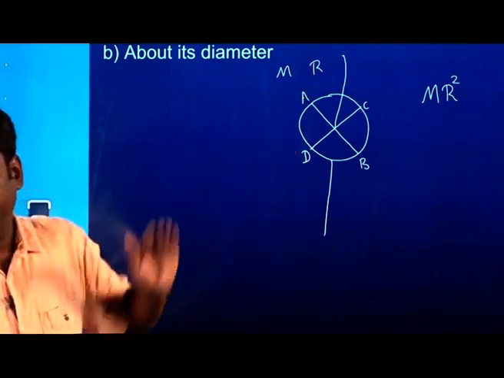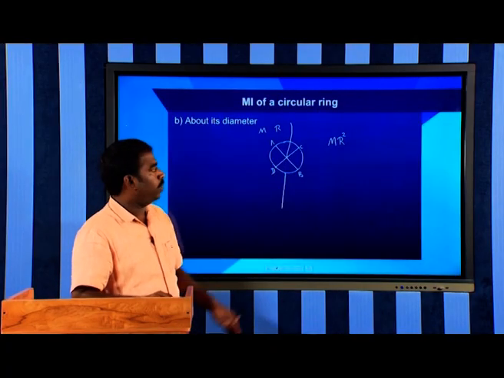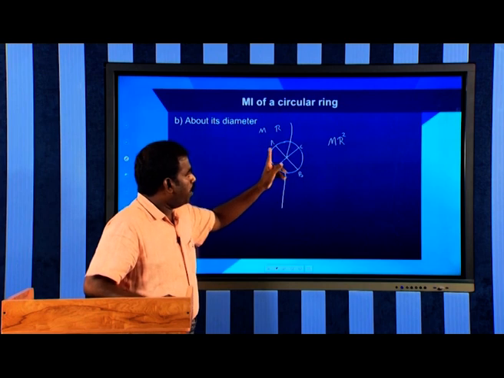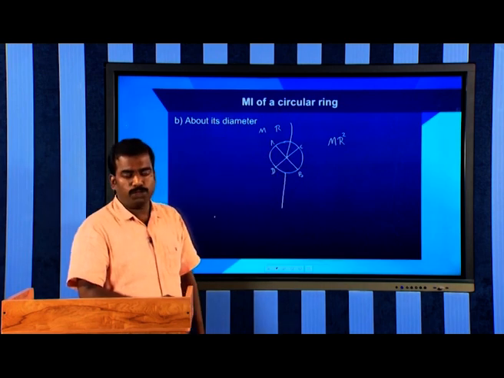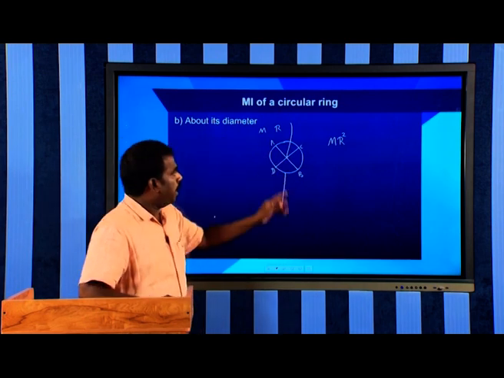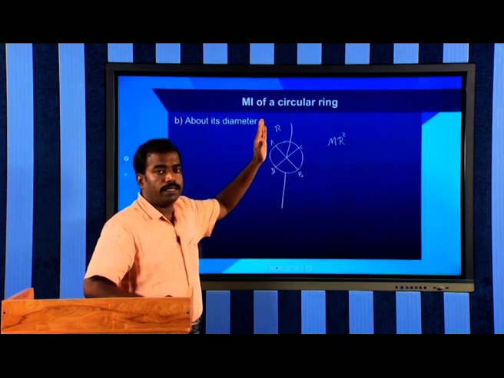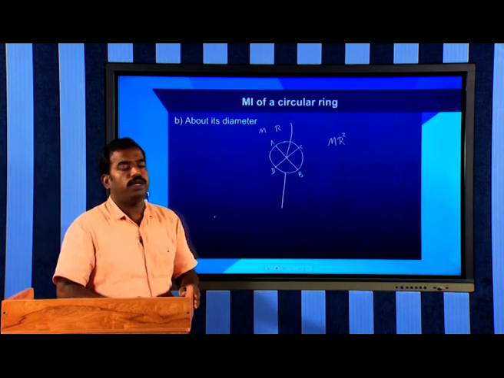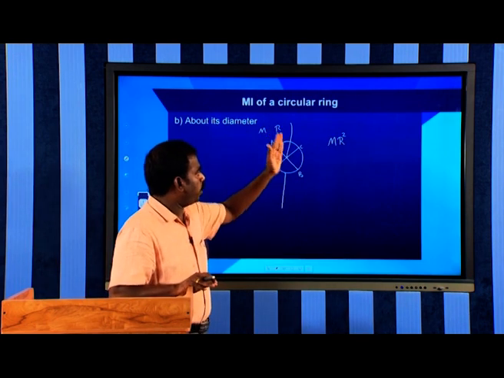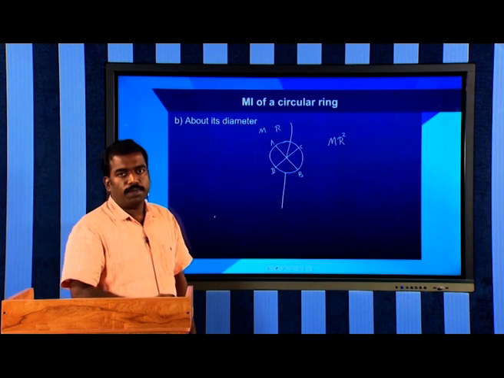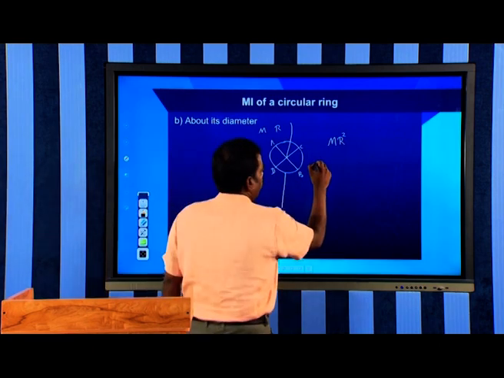Now, we can apply the perpendicular axis theorem here, because the other two axes AB and CD are mutually perpendicular to each other, and both intersect at the same point where the third perpendicular axis passes through. So, it is given by M R square